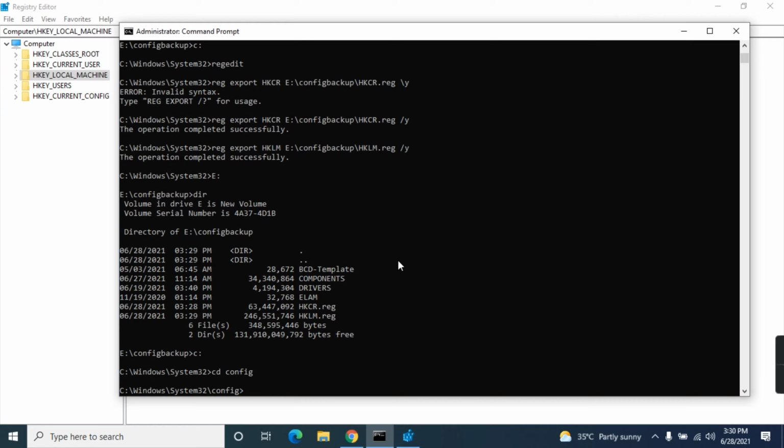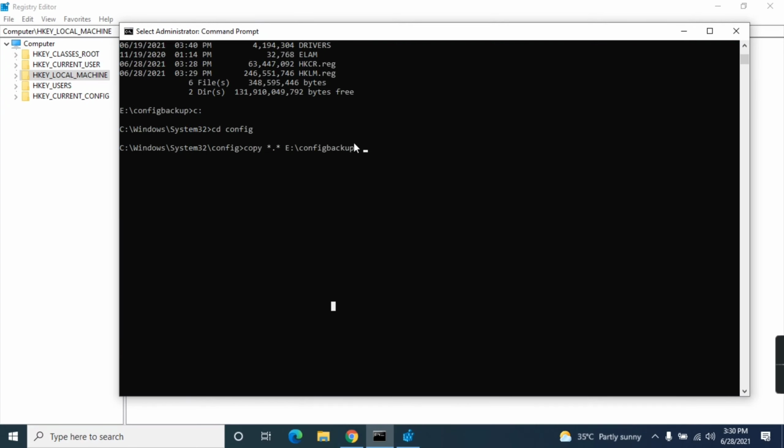If you want to restore this configuration file, the full backup of the registry or a branch folder, then you can boot this OS into recovery mode, that is the system OS disk boot mode. When you are repairing the system, using the system recovery disk, during OS booting you can boot the repair mode, then select the advanced option, troubleshoot, then open the command prompt, then you can enter the destination path of the registry backup. Then only you can restore the files from the destination to source. The command is copy star dot star, then destination folder. Star dot star means copy all the files from source to destination. So this is the command to restore.